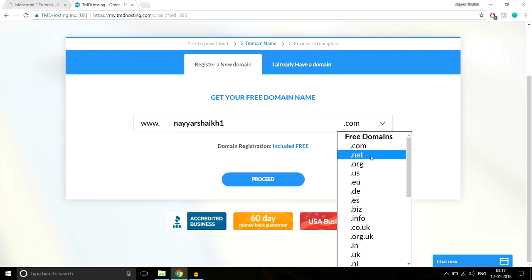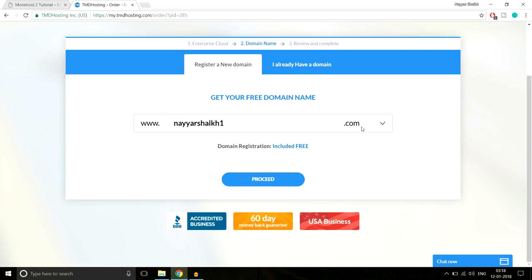Okay, and if you're creating any NGO website, any non-profit organization website, or any website for an organization, you can select this .org. But for most people, I would recommend you go with the .com, because this is the most commonly used. It is very popular. In fact, the most popular domain name extension. So type in your domain name, whatever you want, and select .com from here and click on